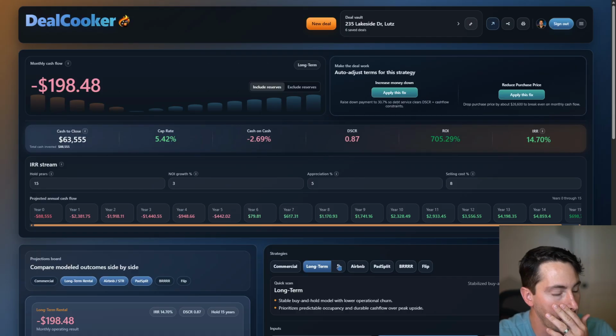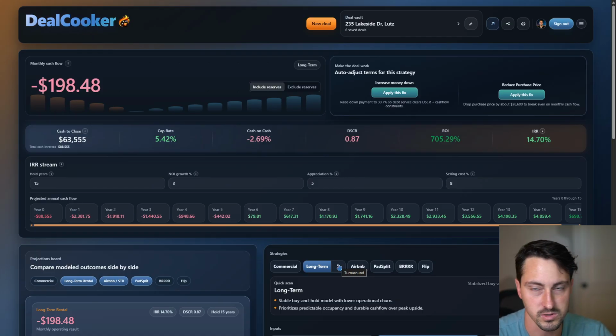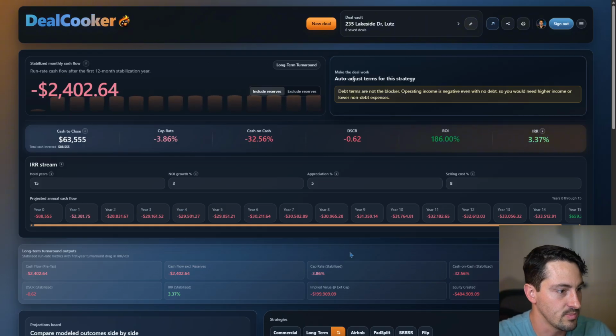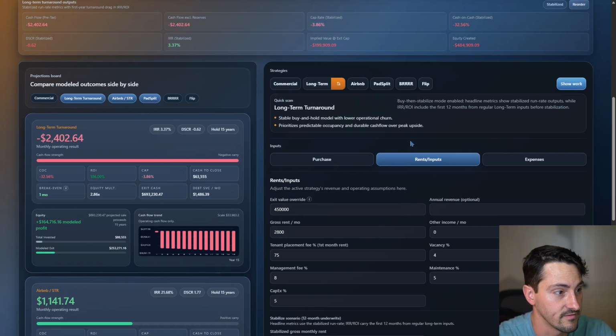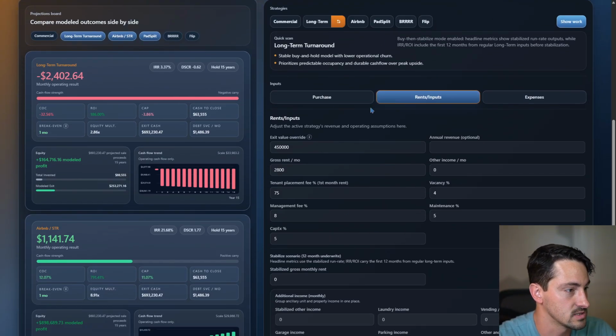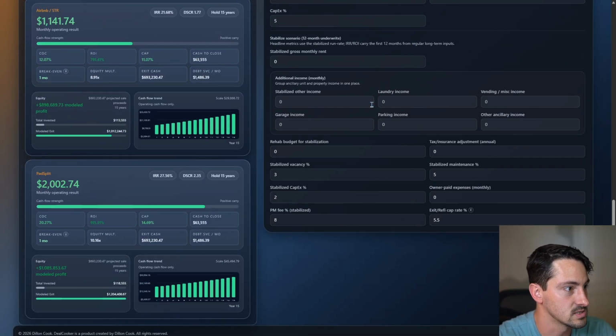With long-term, it's unique. We have this button here, and it's the stabilization. If you're buying a 10 unit or 15 unit or something even larger, you'll usually be buying the property in more of a distressed state, and the goal is to turn it around so it's actually making money. You click this button and it opens up more KPIs down here. Basically these reflect the property after a year of holding it, roughly. I'm getting ahead of myself, because we haven't gone through any of this yet, but this opens up more details down here.